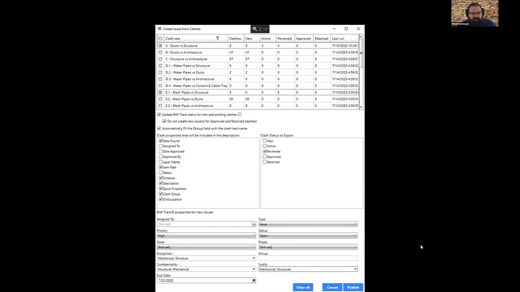And I'm going to set my priority to high. I'm going to say that the disciplines are mechanical and structural. And I'm even going to set notification to mechanical or structural, because when I added people to the project team in BIMtrack, I gave them categories of which trades they belong to. So just by doing this for an entire test, they'll get notified, hey, a bunch of things have just been added to BIMtrack, go take a look. And they can open up Revit and see these things. So once I've got my settings set up here,